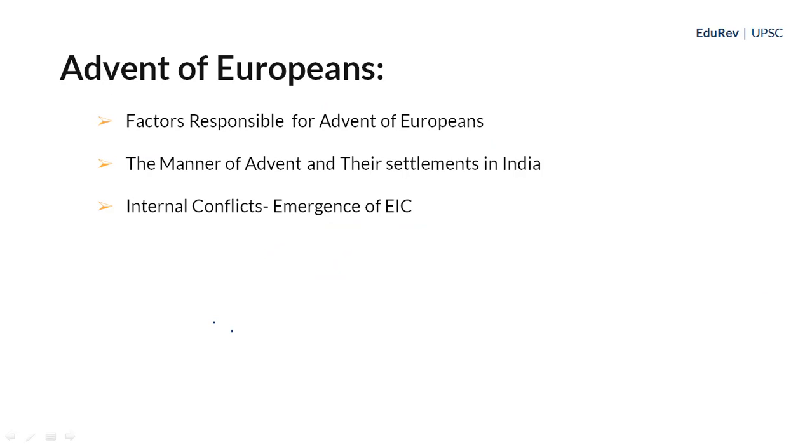See, the advent of Europeans is the background work that we need in order to understand the history. So here our strategy that we have discussed, we are going to divide and learn. We are going to implement that strategy here, and this chapter I am going to divide into 3 sections. The first section includes the factors responsible for the advent of Europeans, and in the second section we are going to discuss the manner of their advent, that is the order in which they entered into Indian subcontinent and their